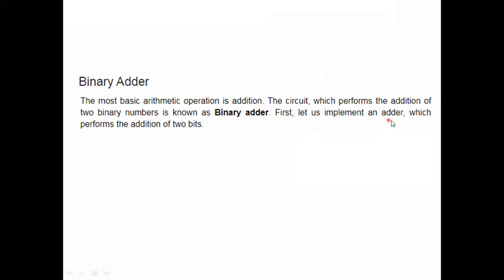Okay, first let us implement an adder which performs the addition of 2 bits. First manam 2 bits ni how to add ane cheptam amma. Okay na, how to add the 2 bits. See here, here we are taking the half adder. Half adder. Okay, half adder. Half adder is a combinational logic circuit with 2 inputs and 2 outputs. See here, how many inputs